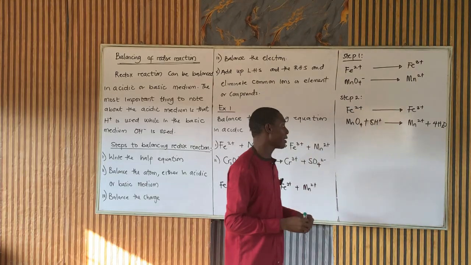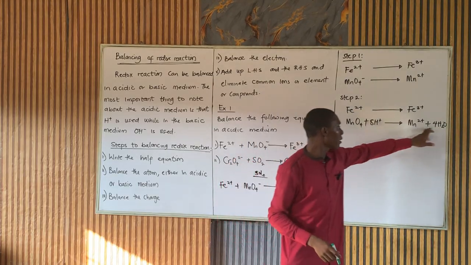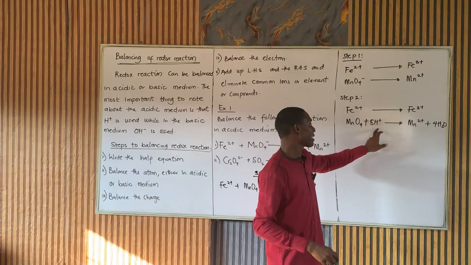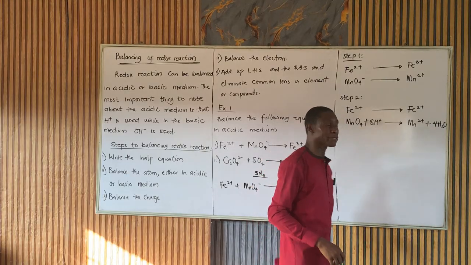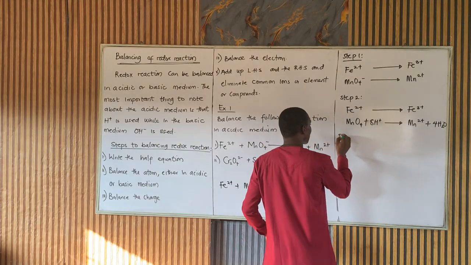And so now we can tell that 4 oxygen, 8 hydrogen, 4 times 2, 8 hydrogen. So that's balanced. Step 3